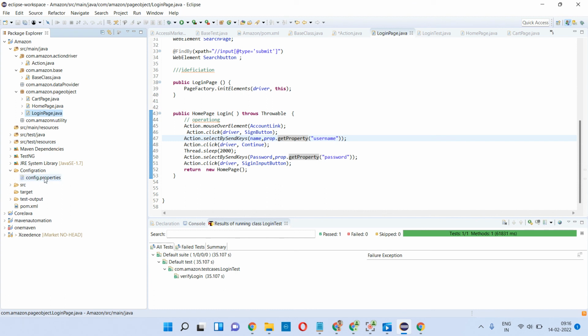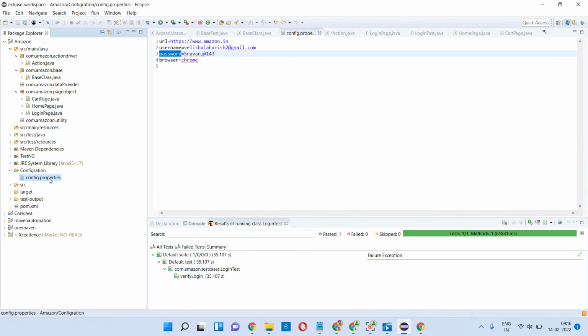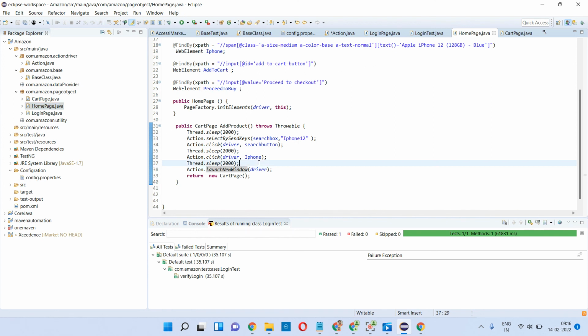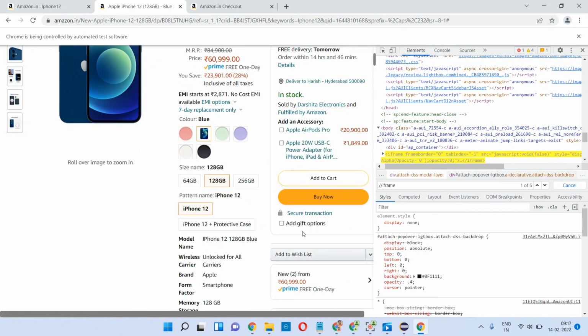So this is the configuration property. For this configuration property, I have used this particular method, so you can see it, right. This is the particular method I have used to get the username and password. So this is the end-to-end flow for the page object model.